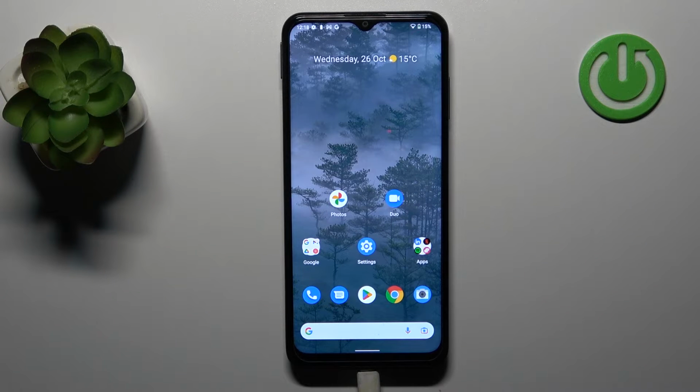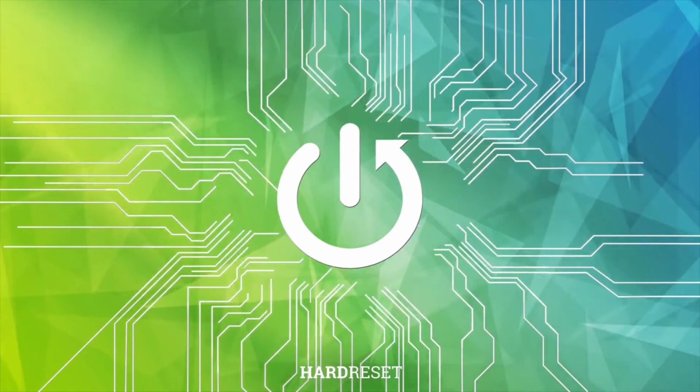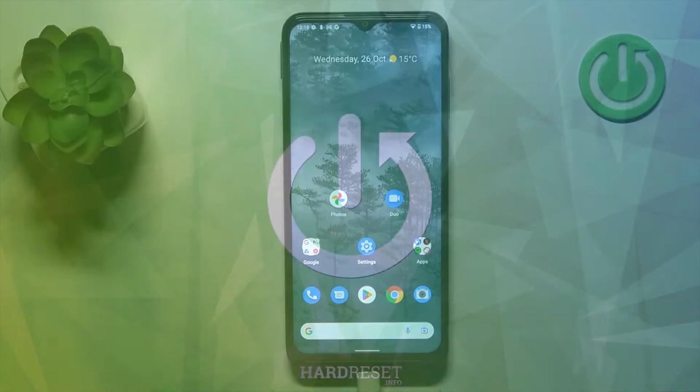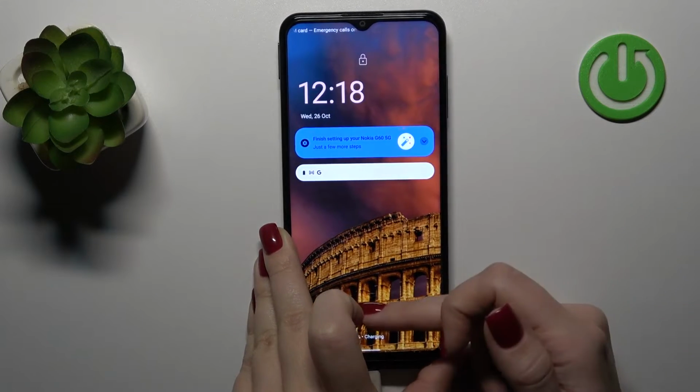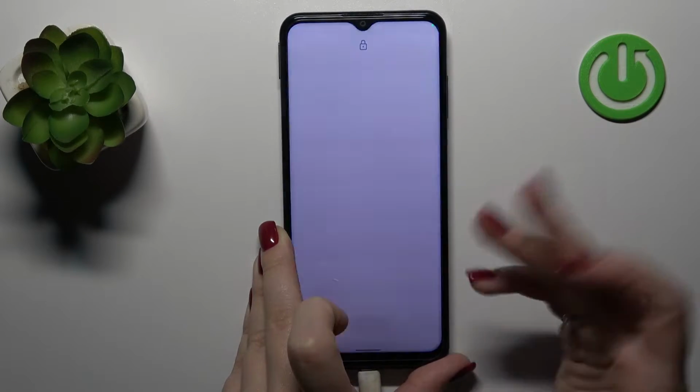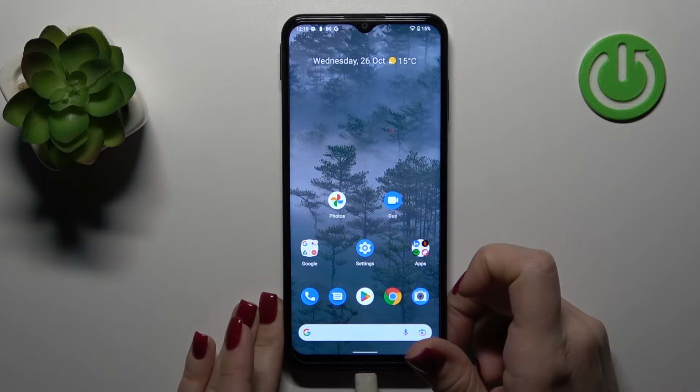Hi, today in front of me is the Nokia G60 and I'll show you how to activate Quick Launch on this device. So just now, by double pressing the power key, we can only lock our device, and if you wanna open